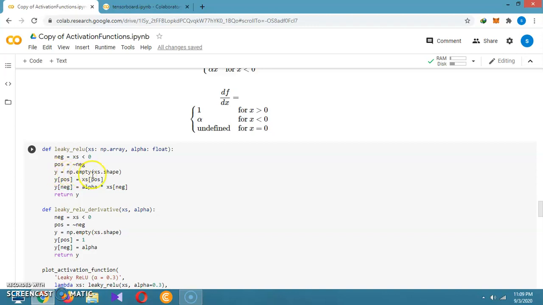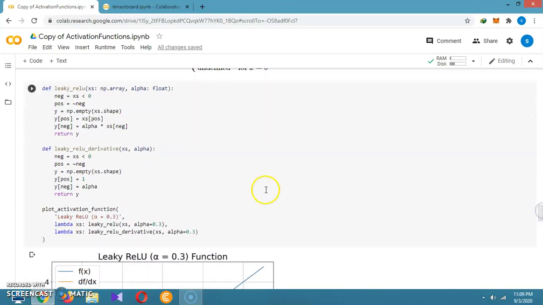Negative is xs less than 0 and positive is the negation of negative, and y equals np.empty of xs.shape, then y of positive equals x of positive, and for y of negative, instead of 0 we put alpha times xs of negative, and return y. And Leaky ReLU, then the